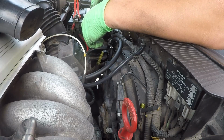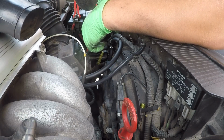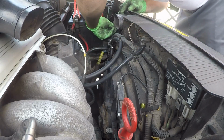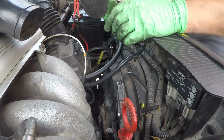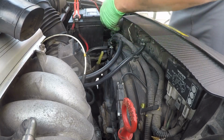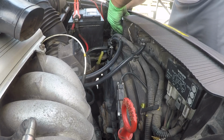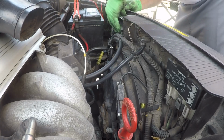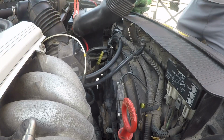Then go ahead and put this in its proper home. And then get your grooves in as well, one and two. Once those are in, slide the rest in like this. Keep this hood latch cable there. That's in its home. Doesn't really clip in very positively, so you just got to kind of slide it where